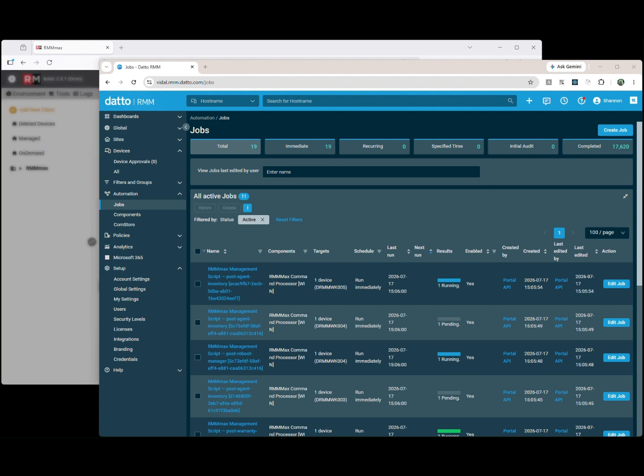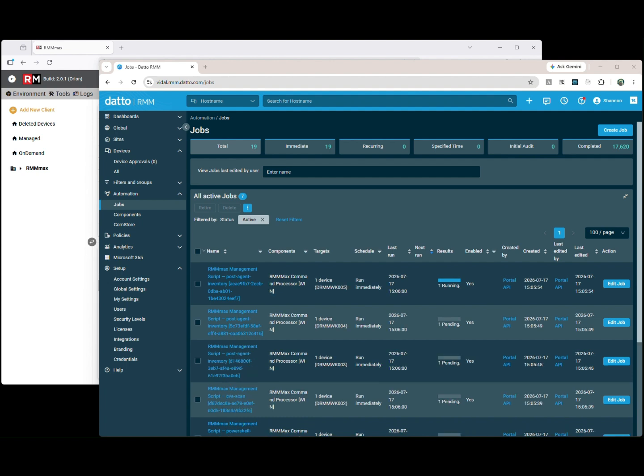Each tool in RMMmax has its own data requirements, and instead of relying on manual collection or scattered scripts, RMMmax automatically generates the appropriate Datto jobs to retrieve that information. For example,